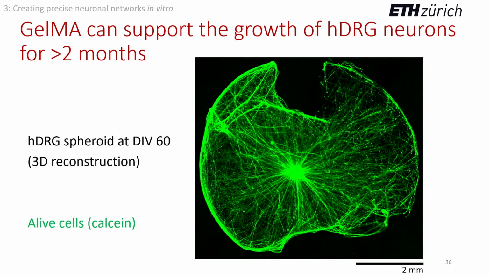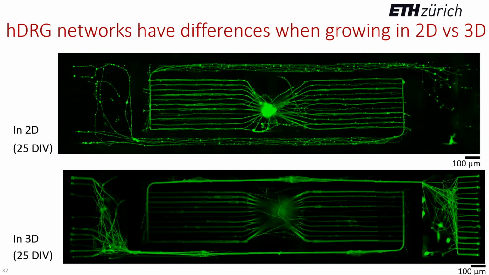So you can see everything is alive, and the gel is 500 micron thick, and the spheroid is really able to form neurites throughout this structure. And then we're also able to compare 2D and 3D, the same kind of microstructure, and we're able to see some differences as well. So if we look at 25 days for both systems, this is using the same batch